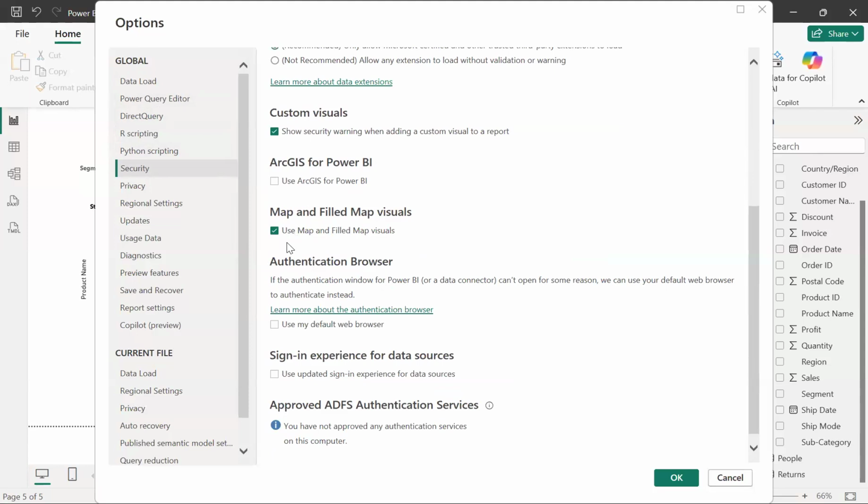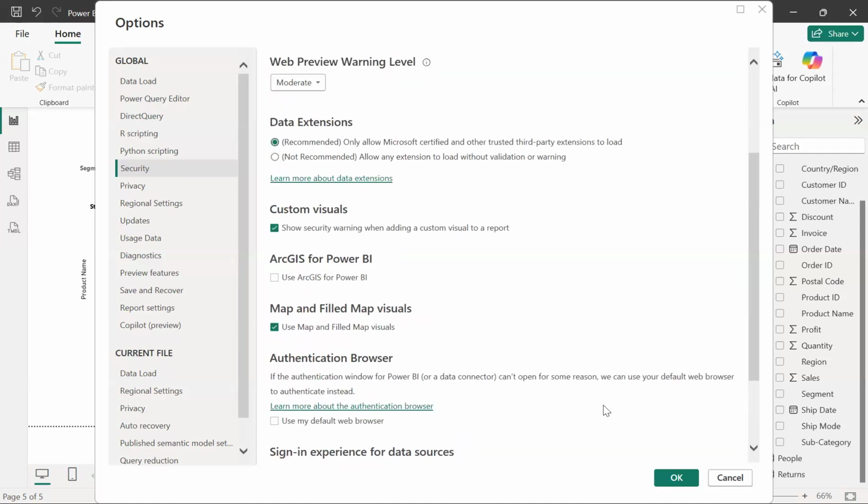If it is not ticked, then simply click on it and then click OK. I hope you're getting my point. You are able to follow me. Just check whether this visual, map and field map, is ticked or not. If it is not, just click on it and then click OK.